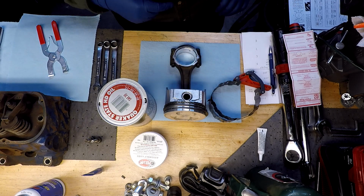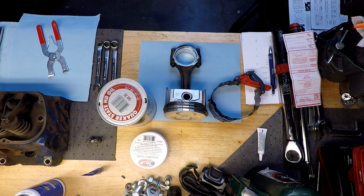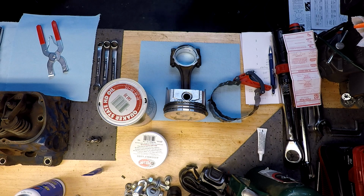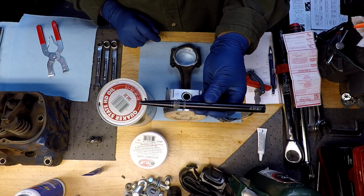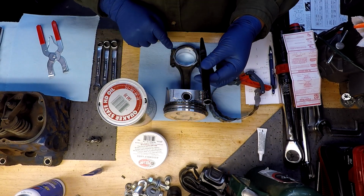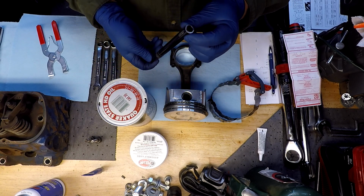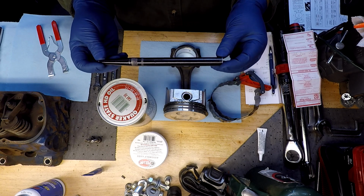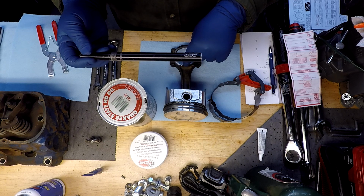ARP makes some really nice guides. I do have one. Should have been more prepared there. There's one from ARP. Unfortunately, it's for a larger thread than the small block, so it don't stay on there. And I could have spent 20 or 30 bucks and bought another one of these that would fit on here, but